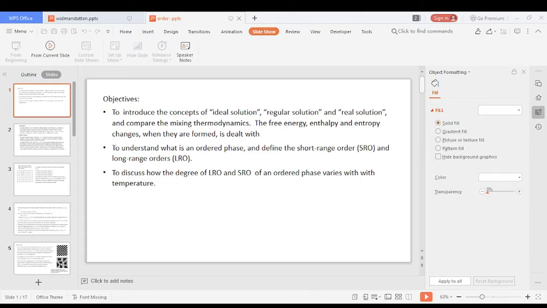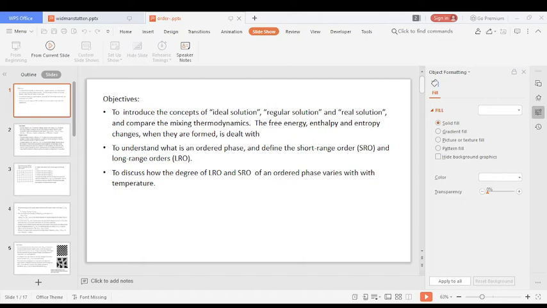Suppose the composition of copper and Au in the solid solution deviates from this 1:1. You may have more copper atoms and fewer gold atoms, or vice versa, in which case there can still exist long range order, but the critical temperature above which the material transforms into a completely disordered state will be lower. The long range order can be present even when the alloy composition deviates from the ideal stoichiometric ratio.